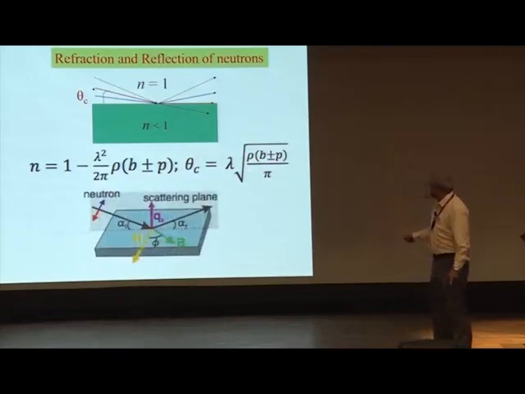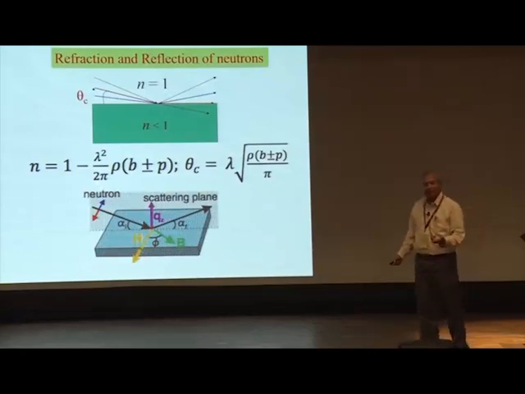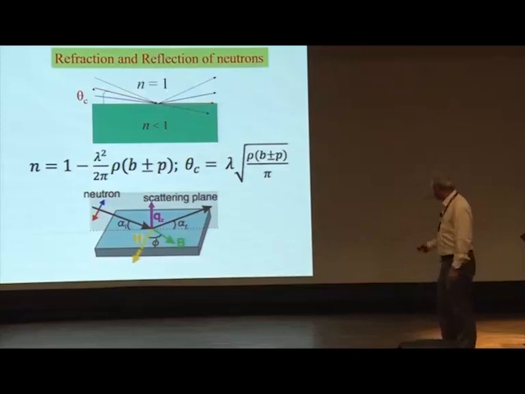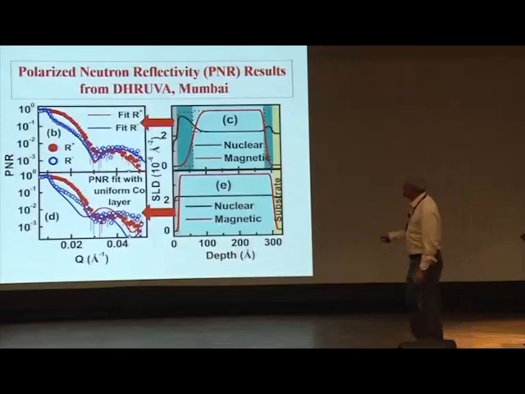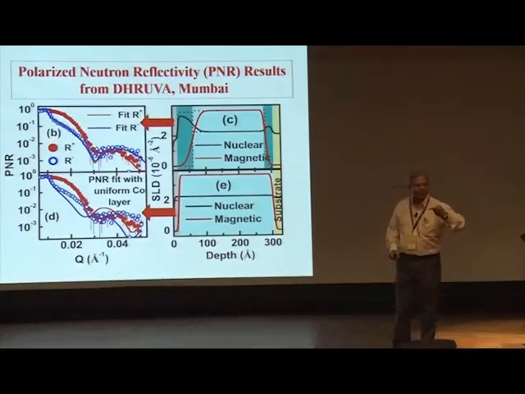So basically, you can tune the polarization of the neutron beam. It's called up or down. And you apply a small magnetic field on the sample to polarize it in a particular direction. So these are the data for up spin and down spin, with the magnetic moment of the neutron parallel or anti-parallel to the magnetization of the sample. So these are the two sets of data, red for up spin and this for down spin.